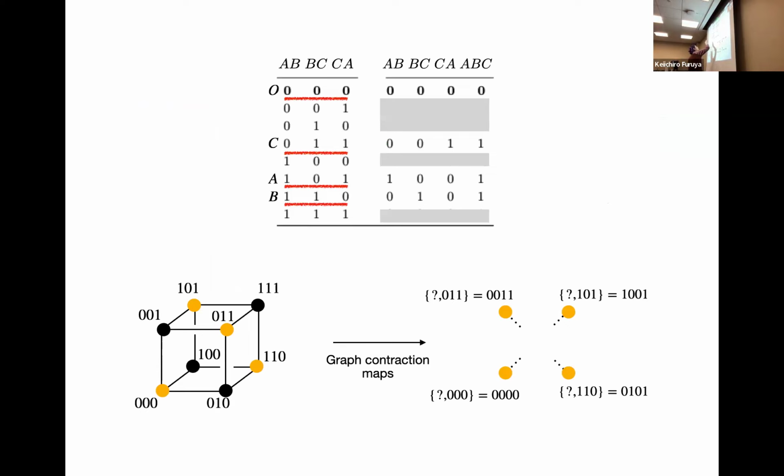Good. Once you give the candidate inequality, this is defined the way you define this table, with A, B, and B, C, and C, A. This A is inside of A, B, and C, A, so you put 1, 1, and 0. You pick this bit string for the boundary condition for A, and B and C are all the same. And if you look at the right hand side, you do the same.